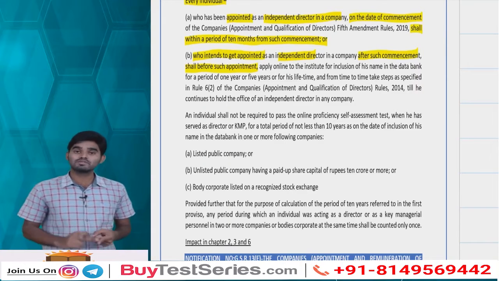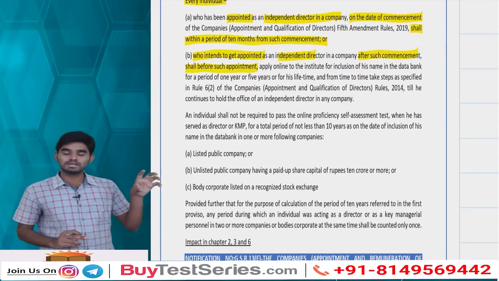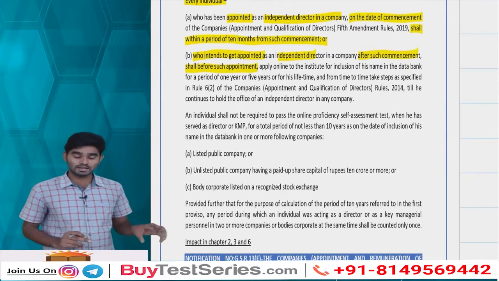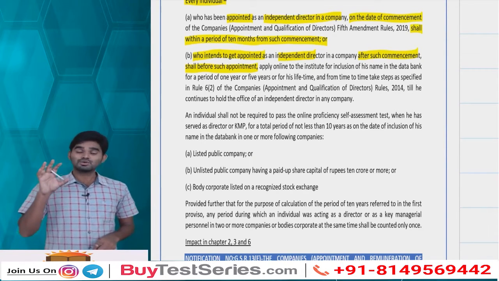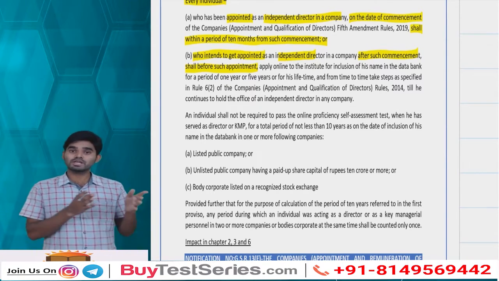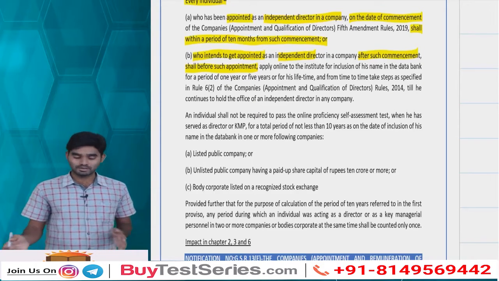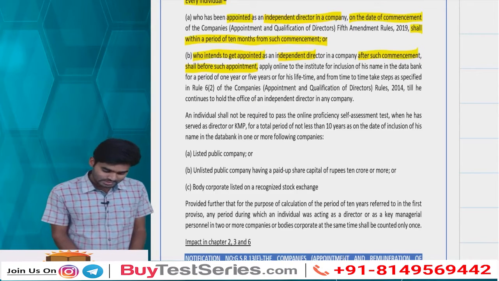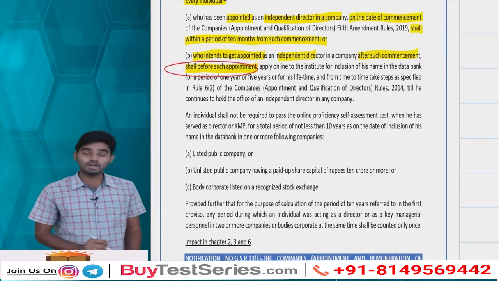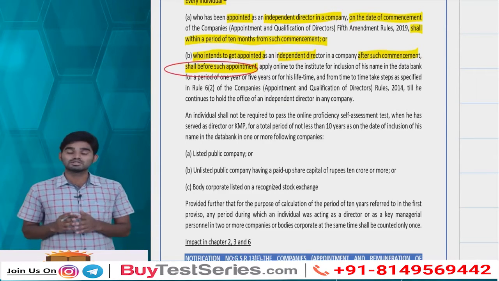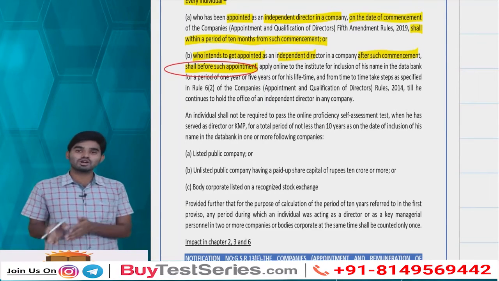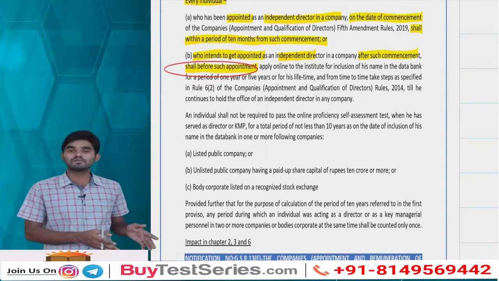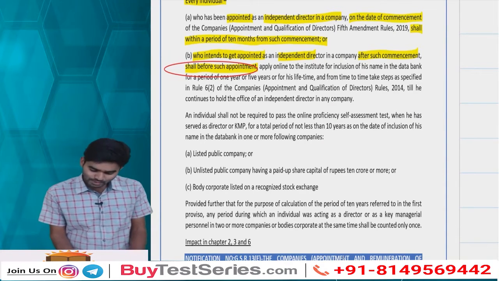But what is the qualification for that? Apart from the eligibility criteria that you have as per Section 149, first of all, you have to register yourself before your appointment. It is not after the appointment. The law is very much clear. It says shall before such appointment. So before you are being appointed on the board of the company, you apply online